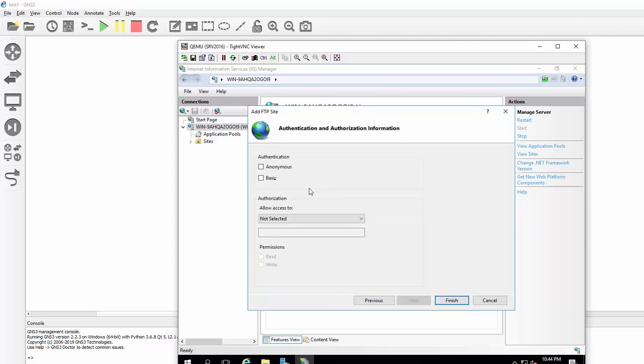Select next. And we want basic authentication, and we want to authenticate against specific roles or user groups, and that group we made is called FTP underscore user. So if anyone's part of that group FTP user, they'll be able to read or write to this folder. Next I select finish,